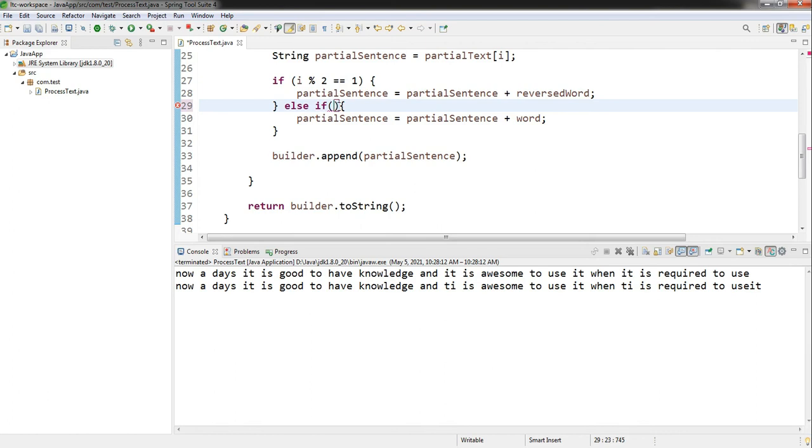So if i is not equal to partialText.length minus 1.